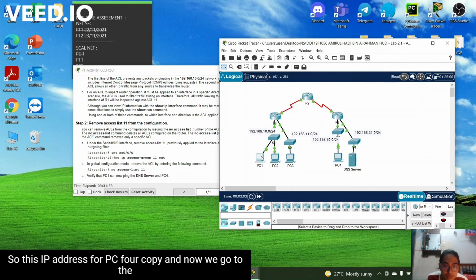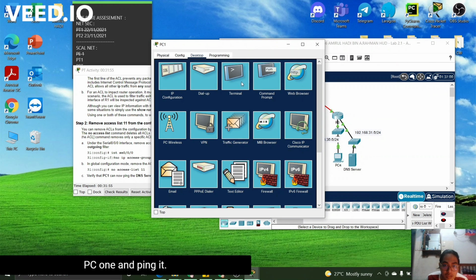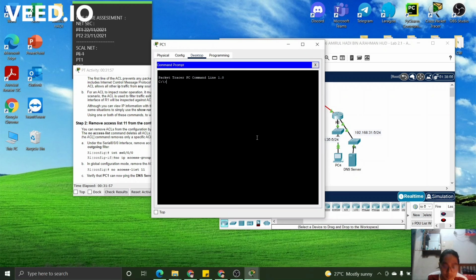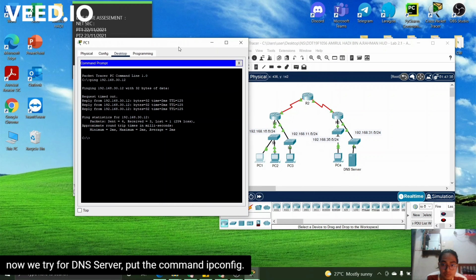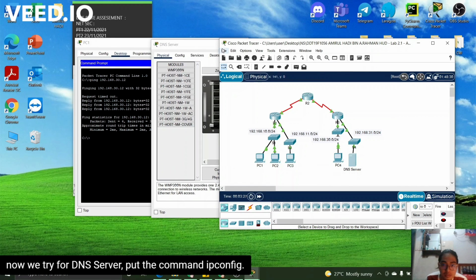And we go to PC1 and ping it. Now PC4 can be pinged from PC1. Now we try the DNS server.